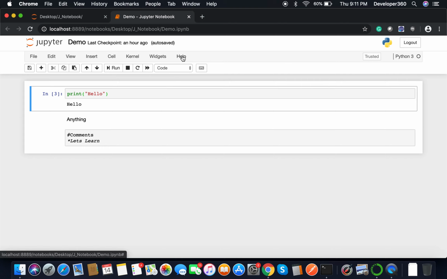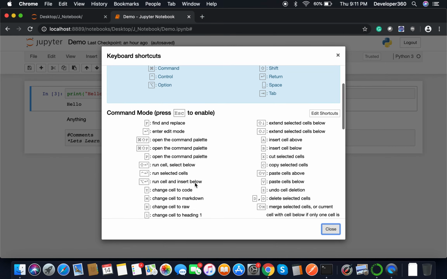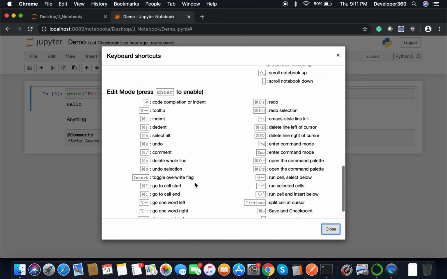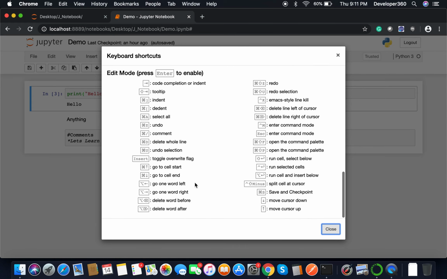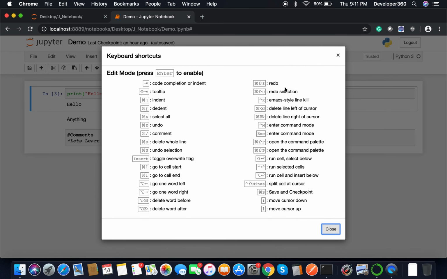Now we are going to come to Help. In Help you can see we have the keyboard shortcuts option, so you can look into the whole shortcut section and learn about the shortcuts if you really want to save some time in the future while using this.